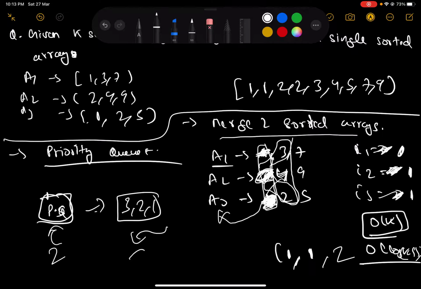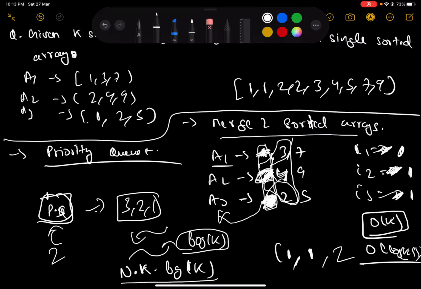Combine these two, and they take log of k time. Since the total number of operations is n into k, because for each element that you produce for the resultant array you have to perform at least one operation, the total time complexity will be n into k into log k.